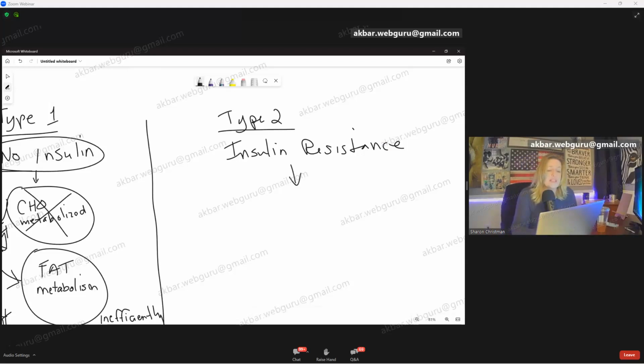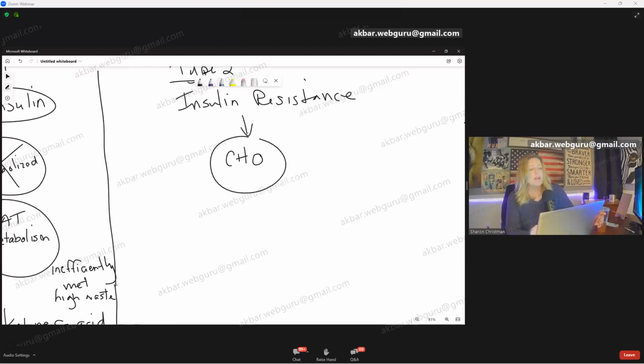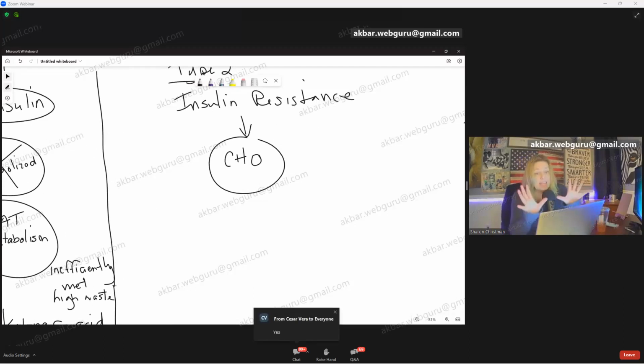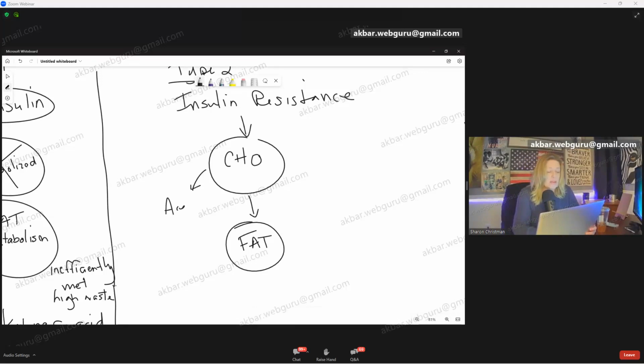So the question is, is there any carbohydrate metabolism going on? Yes or no? Yes, it's less, but they still have carbohydrate metabolism going on. So is fat metabolism efficient or inefficient? Well, if they have carbohydrate metabolism going on, then they do have acetyl-CoA entering the fat metabolism cycle, which means the fat is being metabolized efficiently,